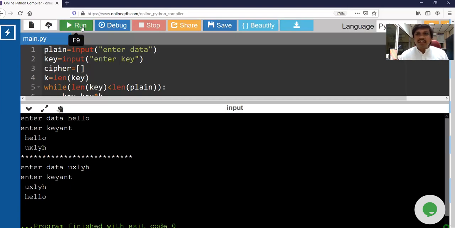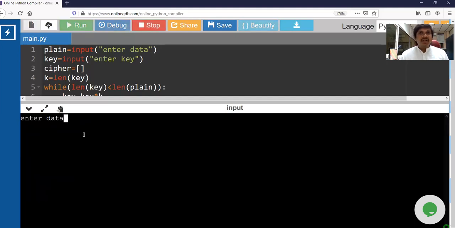Now we will run the same program for a wrong key. Enter data hello, and the key is AND.